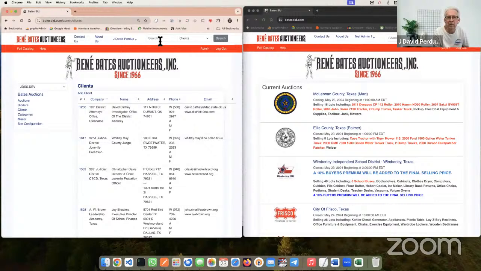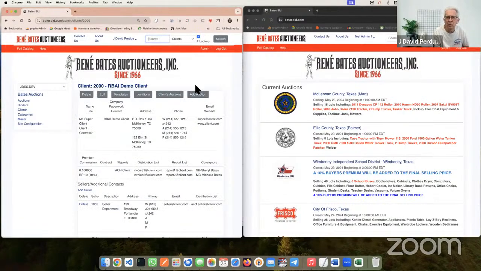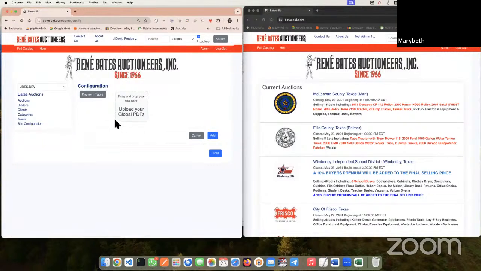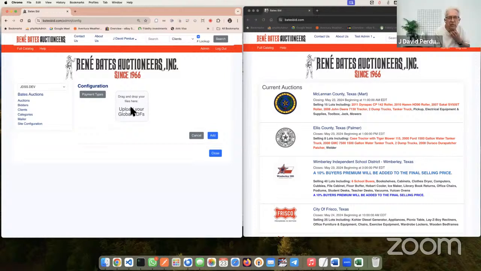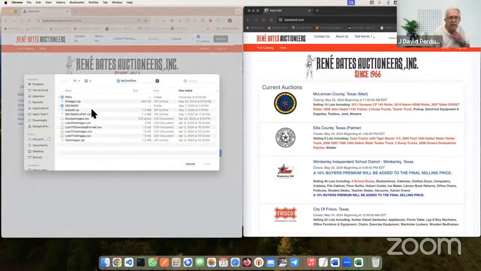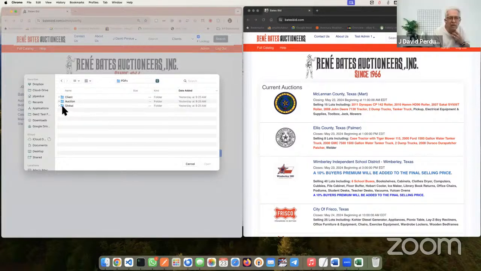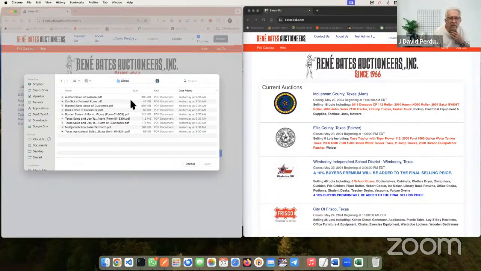The first thing I want to do is go to our admin function, using our demo client, which is number 2000. Actually, let me step back. Before I go there, I'm going to show you something that you have not seen, and that is we're going to upload a global PDF. It can be used anywhere, anytime, at any of the auctions. So if I click here, I've prepared for this. I've got a list of global